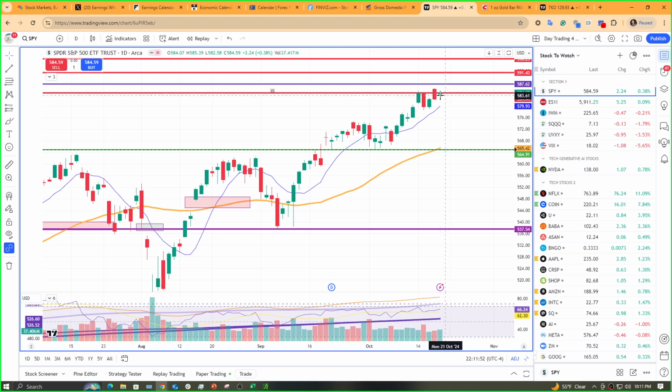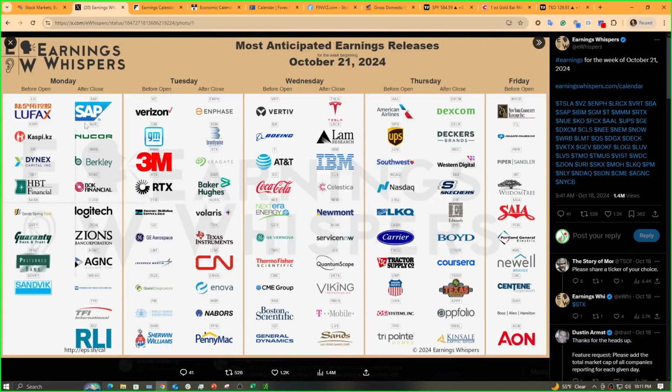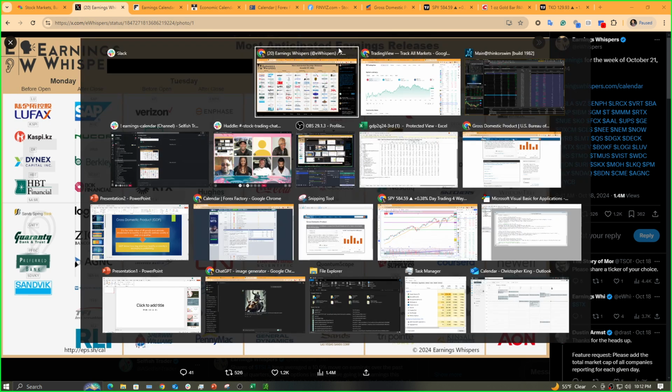All right, so the S&P 500 game plan. I won't know until tomorrow morning, once we get those first little earnings out the way, and then we'll go into Tuesday. But the game plan on the S&P 500 is this: if we